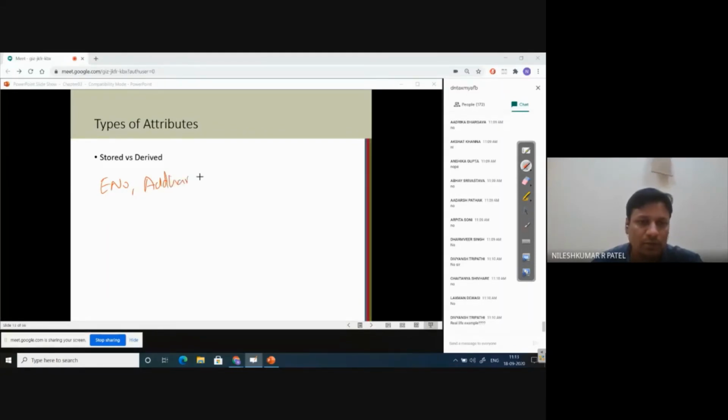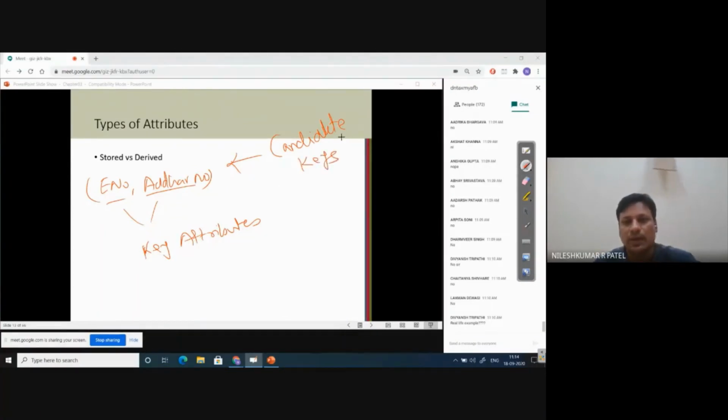Both of them are key attributes, so independently they are key attributes. Remember this, we call these candidate keys. They are candidates to become a key, and that is why we call them candidate keys.